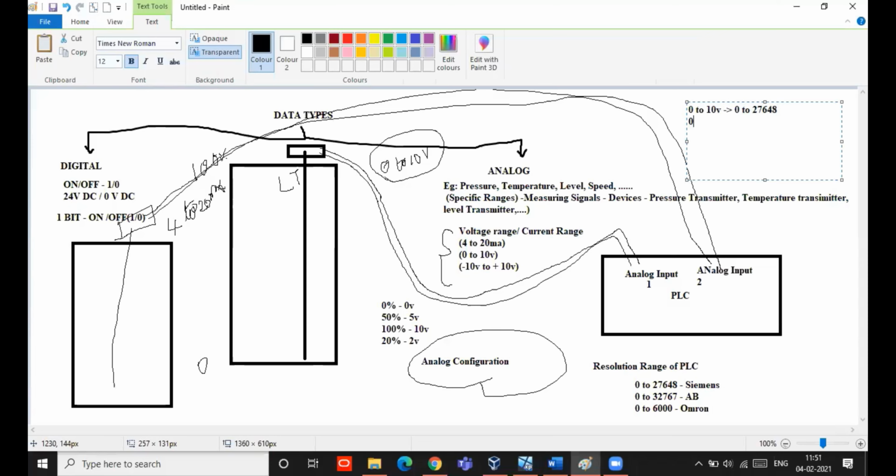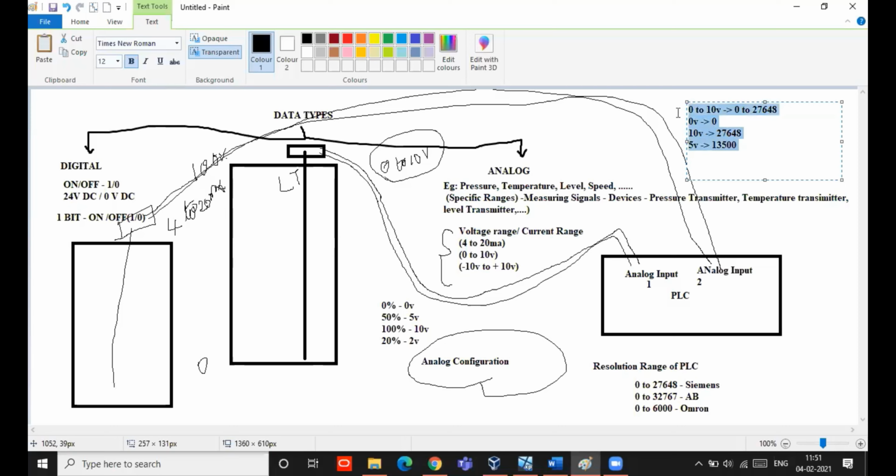If it is generating 0 volt, it will make it 0. If it is generating 10 volt, it will take it as 27,648. If it is giving 5 volt, it will take half of this, approximately 13,500.